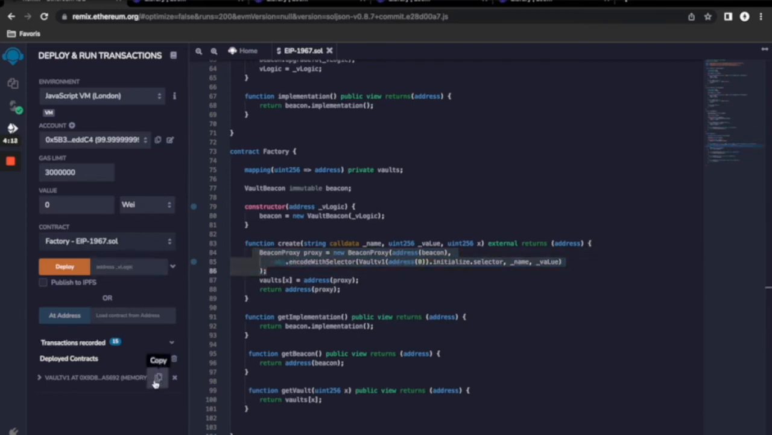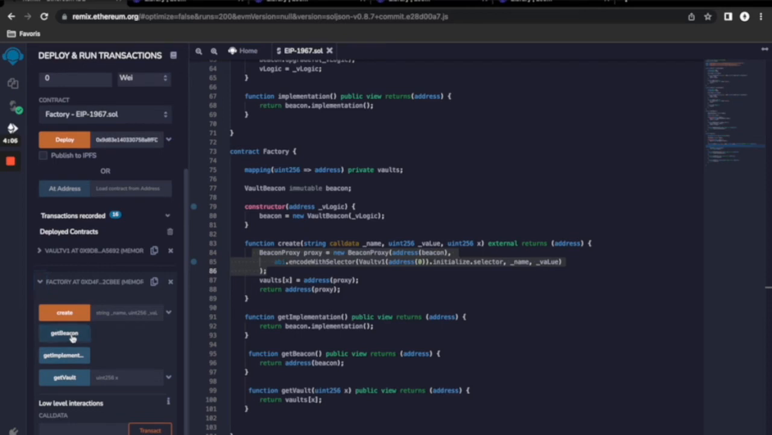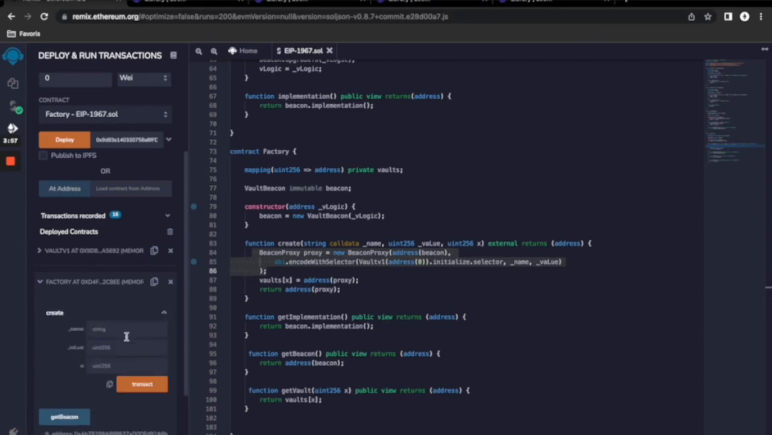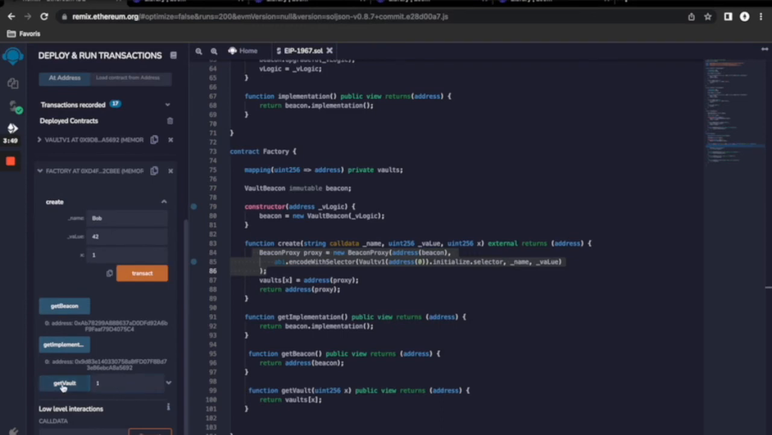So we take the vault v1 address and deploy the factory with it. So now we have our factory. You can see we have a beacon and an implementation contract, which is the same as the vault v1 logic contract. Now we can create a vault via the factory, and you can see here we have our vault. We can also create another vault,